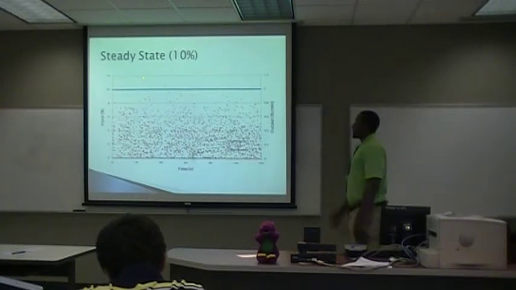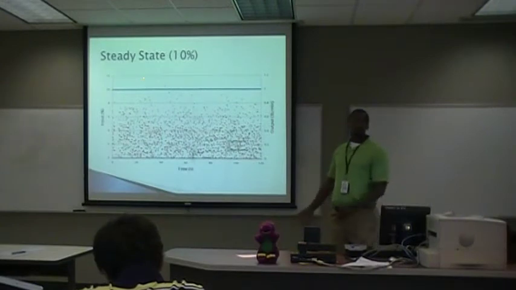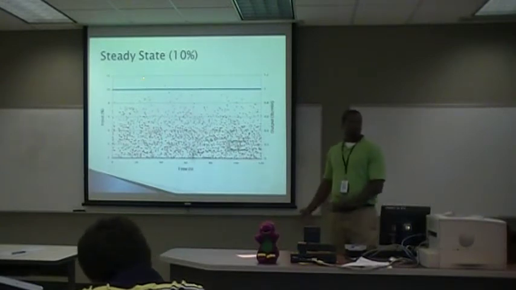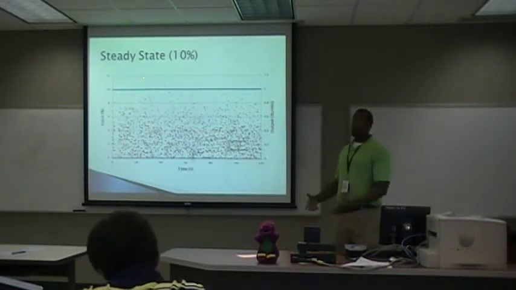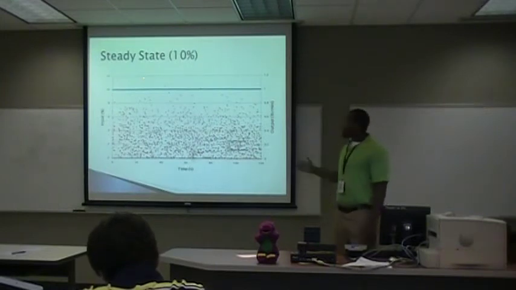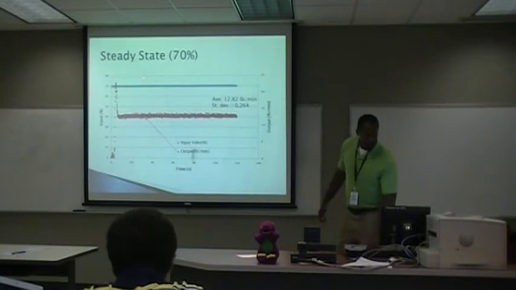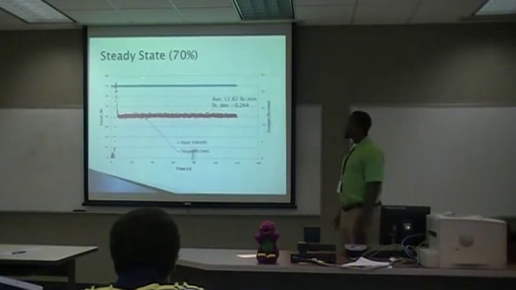When the system was run at 10%, this is what we got as output. This is what we would call complete garbage. So as far as it being used in future analysis, as far as the overall steady-state operating curve, this would not be considered. As opposed to when the system was operated at 70%, as you can see,